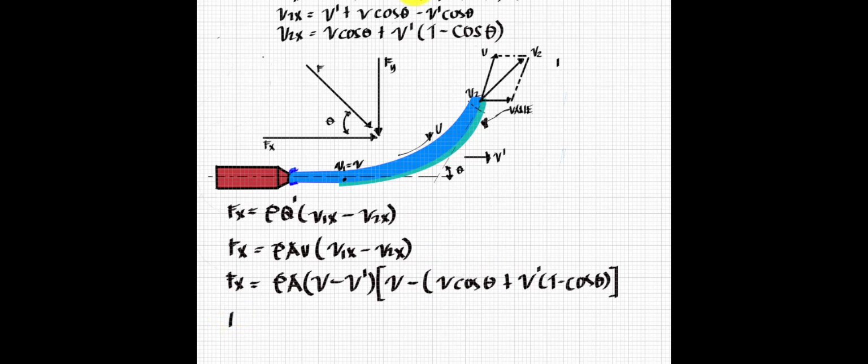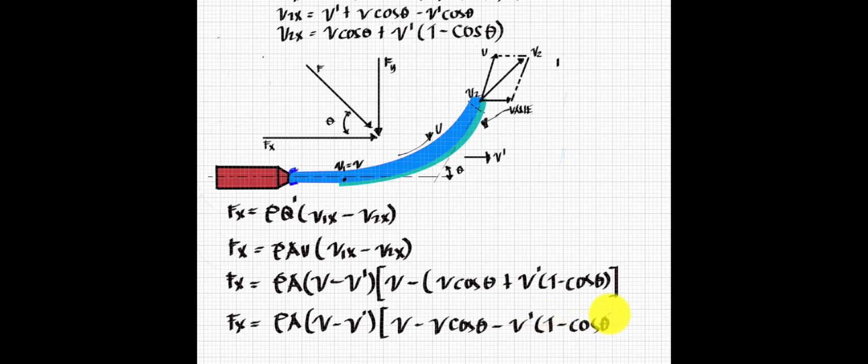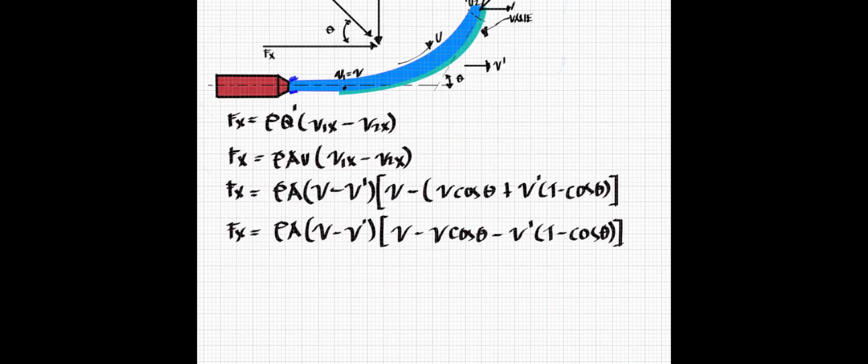So we have f of x, of course in the x-axis, then density times your area, times velocity of the jet minus the velocity of the vane, and we have the velocity of the jet minus this one velocity, we have cosine of theta, so this will be plus, oh sorry, this minus, so minus velocity of the vane prime, then multiplied by 1 minus cosine of theta, then with